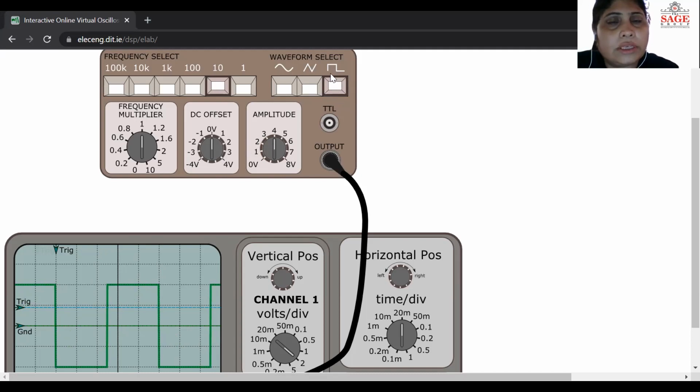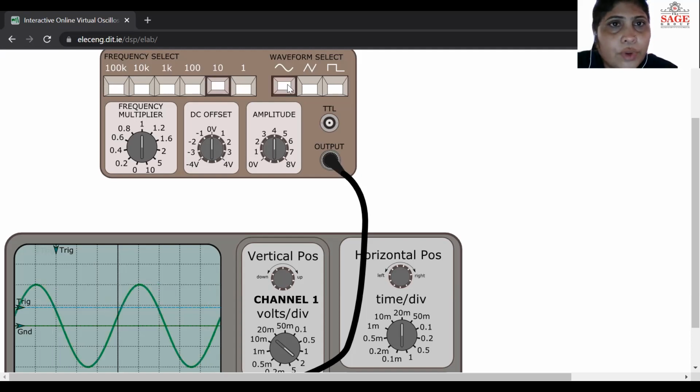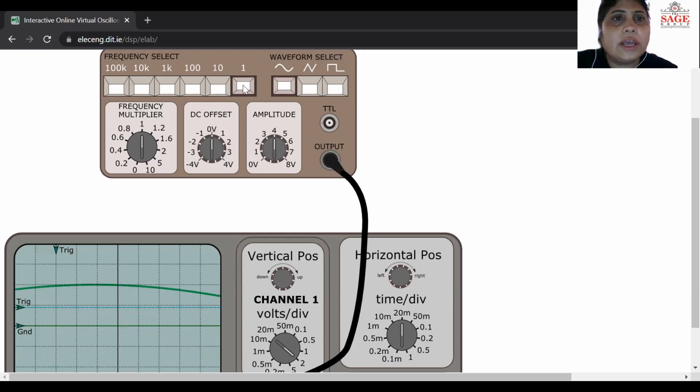Now, this can provide these three functions over a very wide range of frequencies. Like this frequency selection is provided here. If I click on this one, this is providing the 1, and you can see here this is the frequency multiplier.